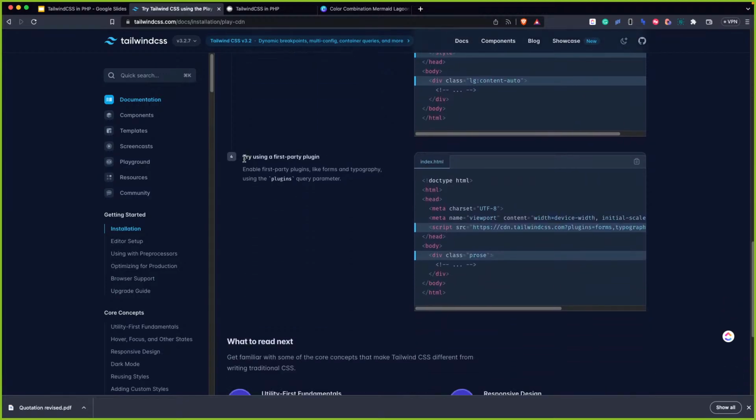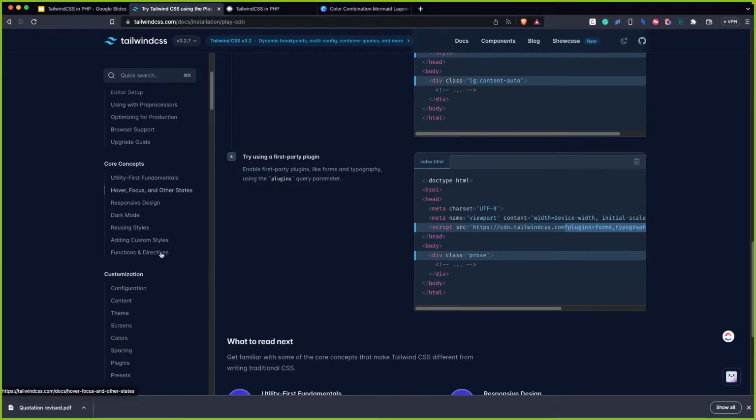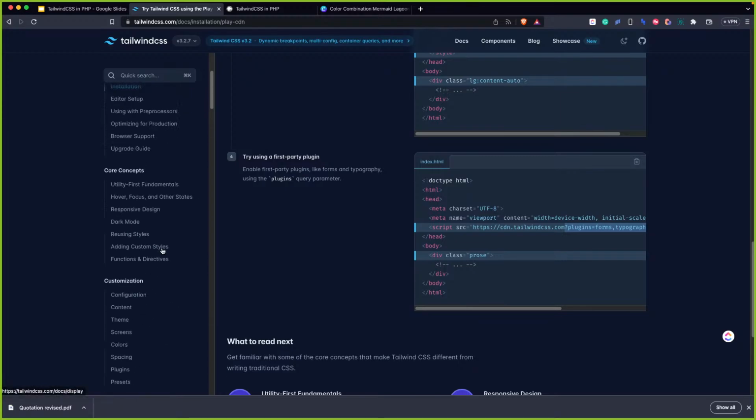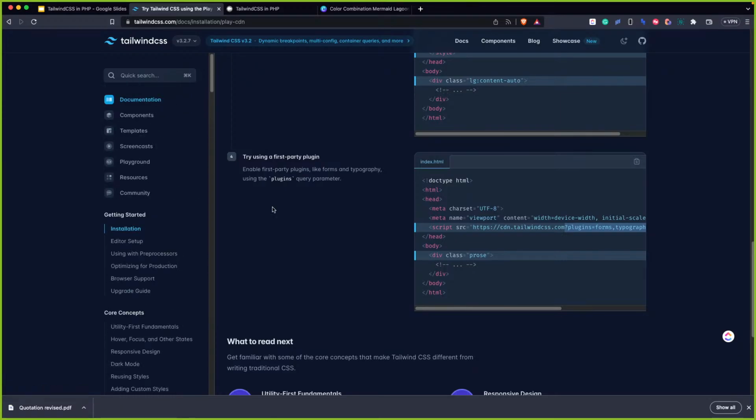but that's it. Then you can also try using a first-party plugin. Enable first-party plugins like forms and typography using the plugins query parameter. So here you can enable plugins by adding that to the URL. Adding these parameters to the URL can help you, but we are not going to look at that today. It's better to look at it when we are really learning more or having a deep dive of Tailwind